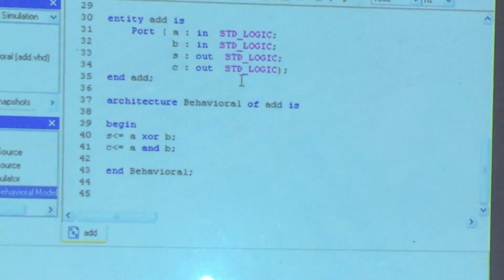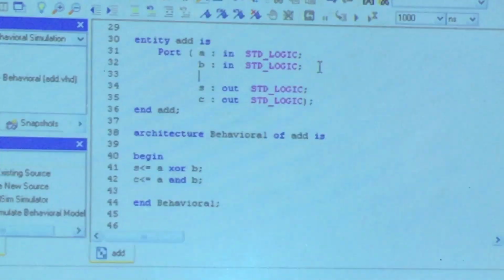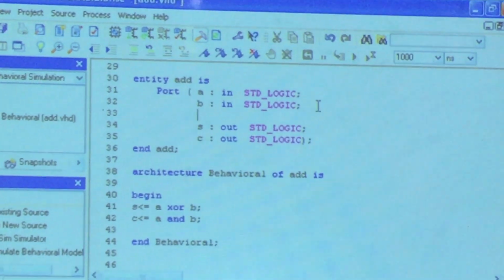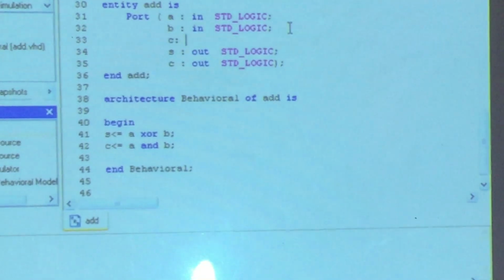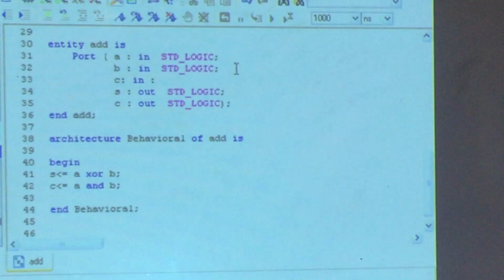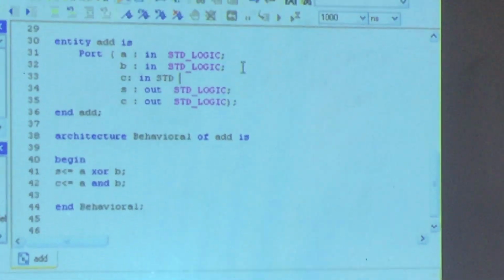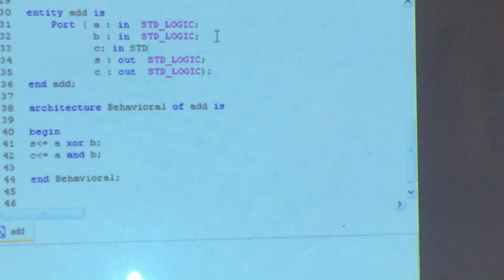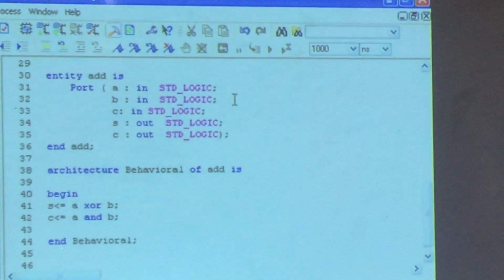What you do, add one extra input here, because for a full adder we know we have 3 inputs. C colon in, in the same way, std_logic, end with a semicolon.